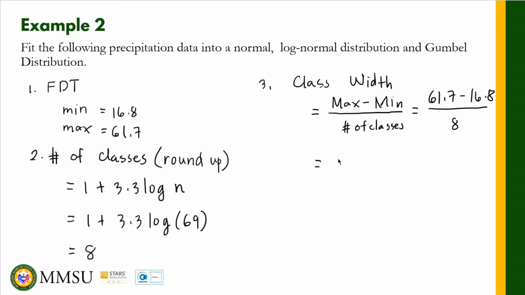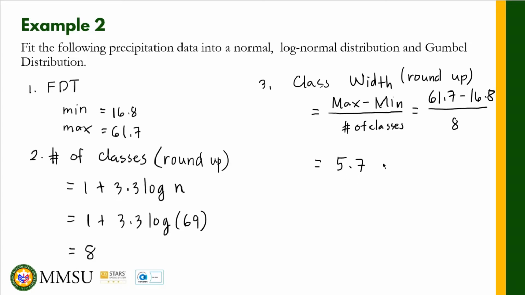Okay, so we have 5.7. We need to take note in here that we need to round up. The number of decimal places should be the same as our original data. Paano kung iba-iba yung number of decimal places ng data natin? Kung ano yung pinakamaraming number of decimal places, doon na lang tayo. Since pare-parehas naman na 1 decimal place lahat yung data natin, we are rounding this up to